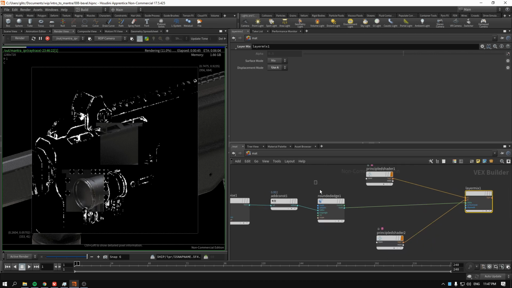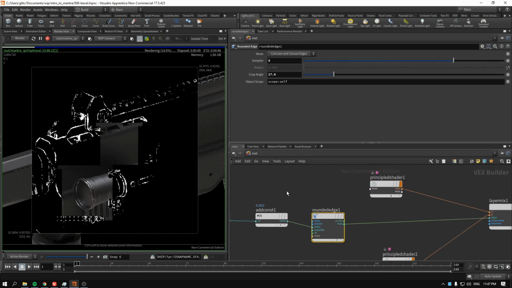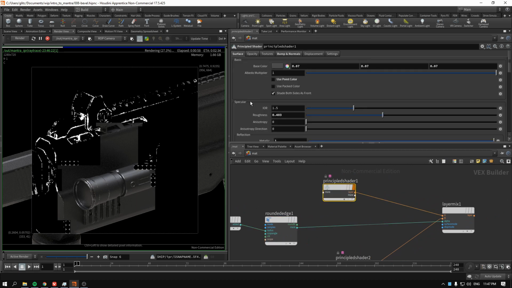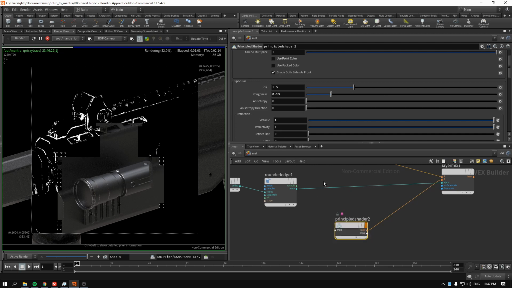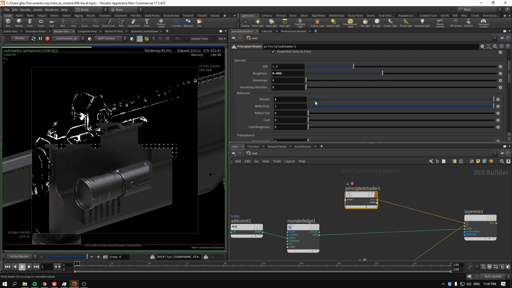I think it takes this much time because we increased the samples, but no, it's okay. It's actually okay. So there you go. We have created a mix of two materials. Effectively, you could make it non-metallic, sort of like dark paint. This could be metallic, essentially the metal comes through the paint. Let me just show you how this might look. If we decrease the shader of metallic to 0,